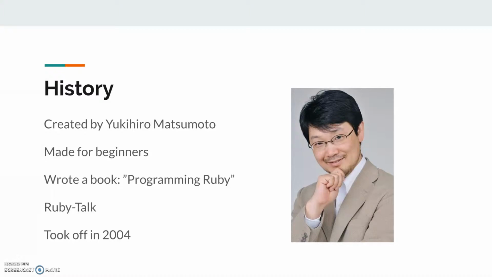Mats knew both Perl and Python programming languages, but thought Perl was too much of a toy language and Python was not a true object-oriented language at the time. 3 years after it was released, Mats created an English homepage of Ruby and a mailing list called Ruby Talk.